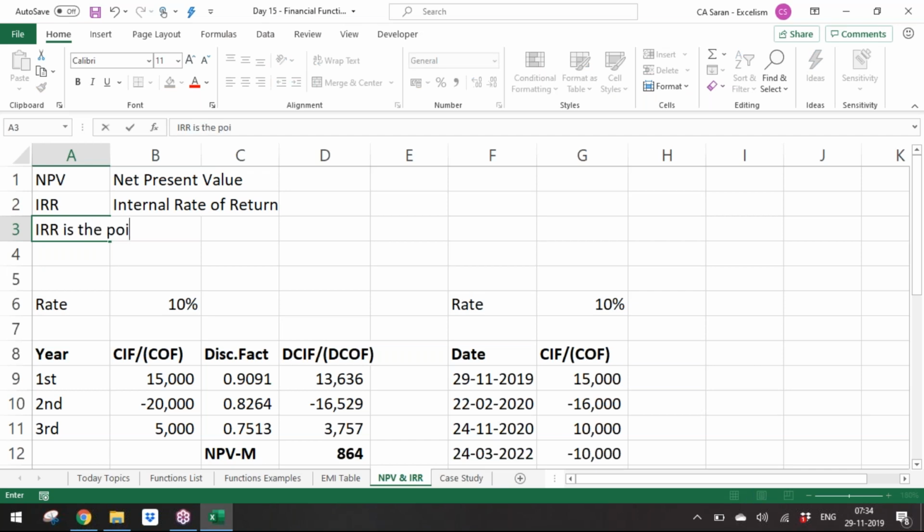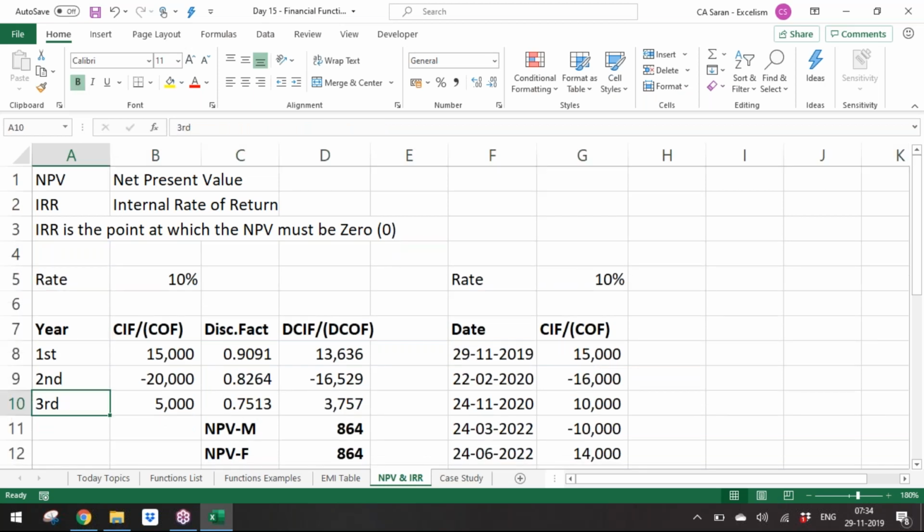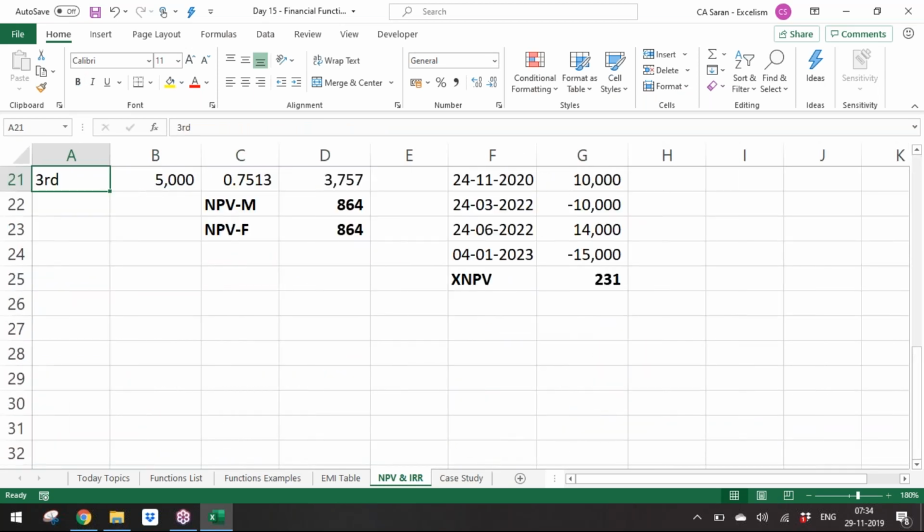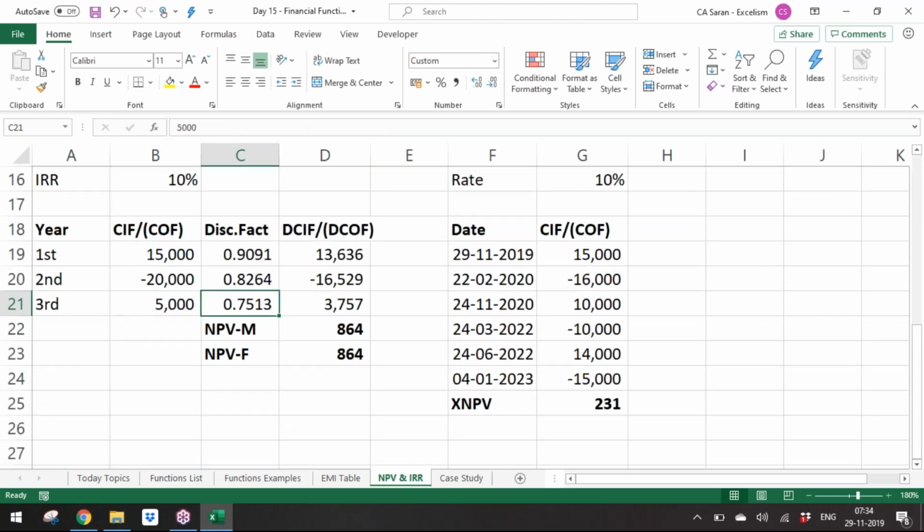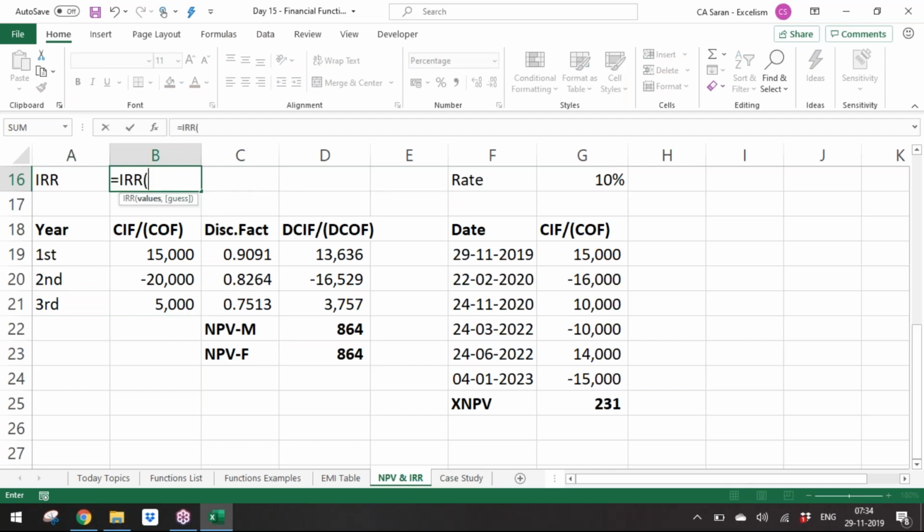IRR is the point at which the NPV must be 0. Right? So now this is 864, right? Now I'll take IRR equal to IRR. Now my NPV must come 0. Okay, these are the values. Let's select, close bracket. If I enter, see,